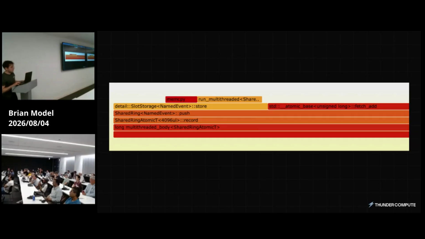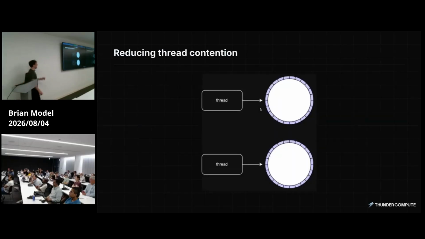And this is what we were hinting at before, but kind of the best way to deal with sharing in a multi-threaded application is just not to share. So that's the solution, is don't share. So instead of having a single ring for all your threads, have a thread local ring. And this does reduce thread contention a lot. It does result in a few new challenges, and you're kind of breaking a few assumptions actually by doing this,